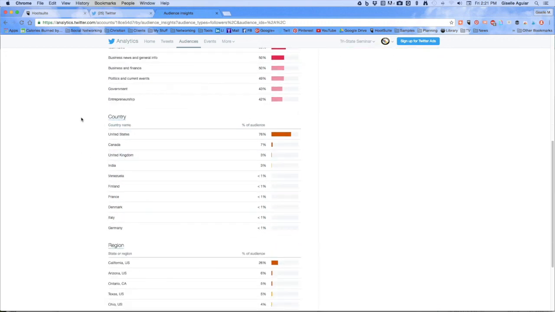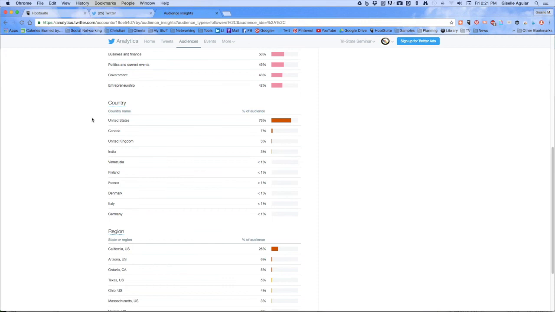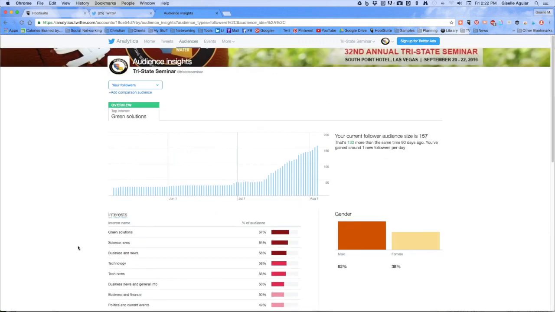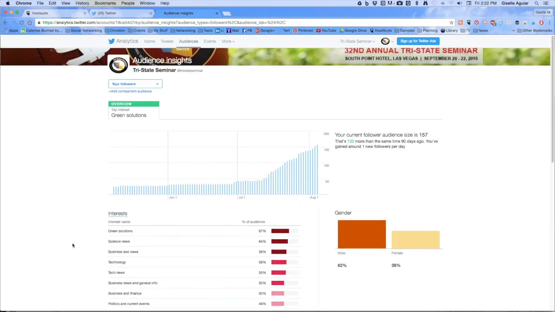Here you will get your location information. So they're mostly in the United States. This is a conference. It is open. It is basically for Arizona, California, and Nevada. And so here, the region, doesn't surprise me that I've got California. I got to get Nevada jumping here. So I might go looking for more people in Nevada. But that gives me a lot of information about